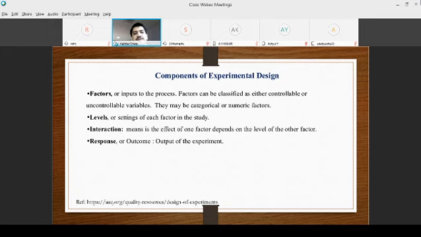A response is nothing but the output of the experiment. As I was talking with the example of preparation of tea, the response was tea. We can again take other responses. It might be with respect to the temperature of the tea we want, whether we are going for cold tea or hot tea, or cold coffee or hot coffee. Similarly, consistency and color might be the other responses the customer wants at the restaurant or at the house itself.